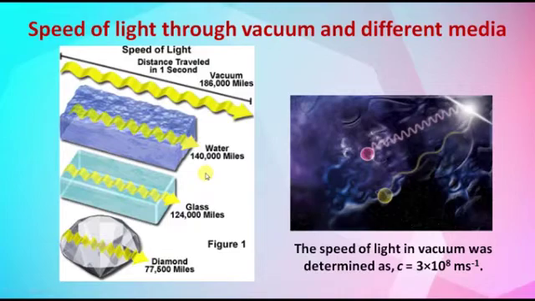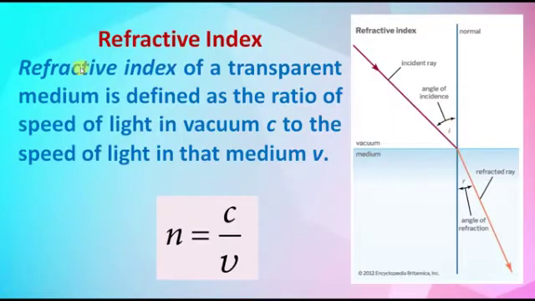Even evacuated glass tubes were also introduced in the path of light to find the speed of light in vacuum. It was found that the light travels with less speed in any medium than its speed in vacuum. The speed of the light is always c equal to 3 × 10^8 meters per second. Next we are going to see the refractive index.